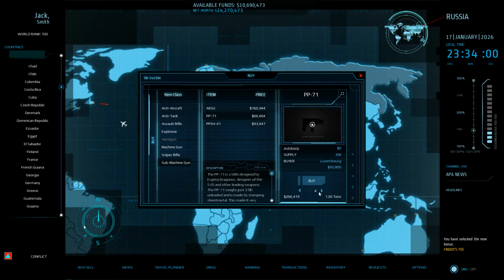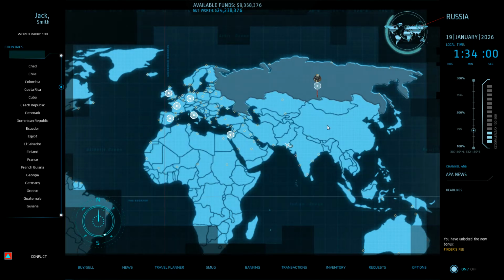PP71. As you can see, some of them I don't have proper images yet. That's to be expected, you know. There's supposed to be around about 300 guns in the final release to be able to trade, but currently there's only around about 150. And I haven't actually seen that 150 yet, so I'm assuming you get that as you go further into the campaign. We'll have to see. So we're going to go ahead and buy some of those as well, the ones that haven't got an image,